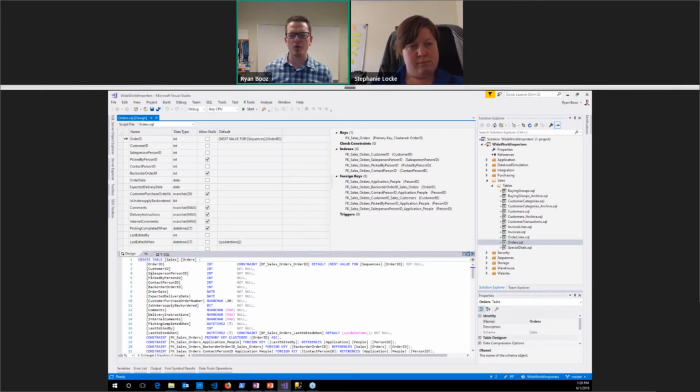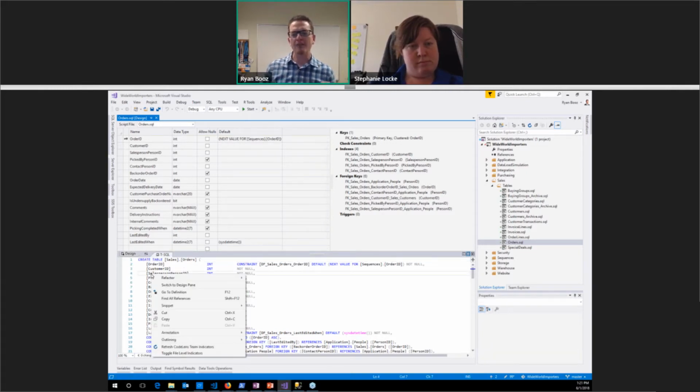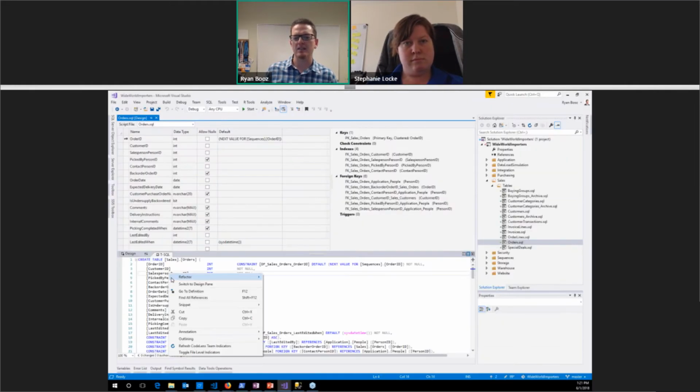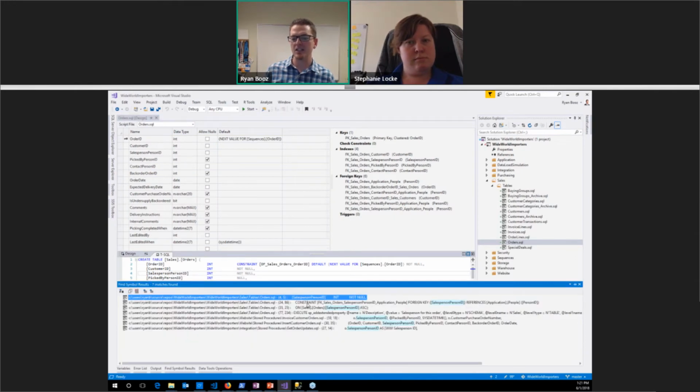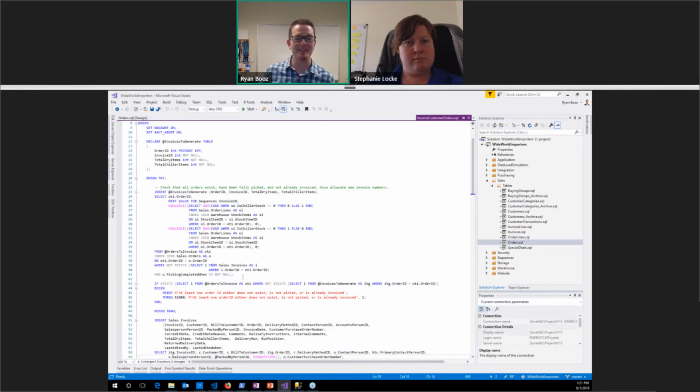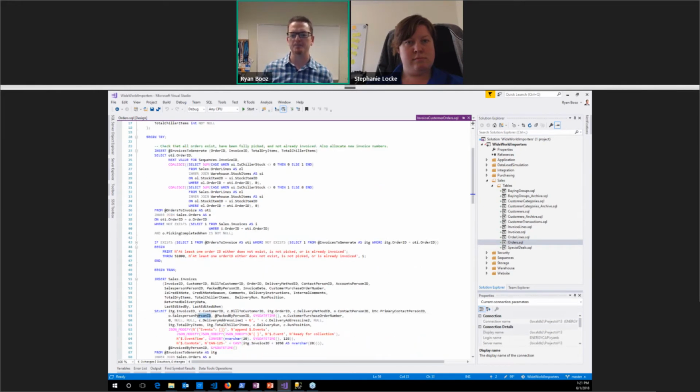It knows, for instance, if I want to know everywhere that the salesperson ID column is used, I can right-click on that column. There's a little option here that says Find All References, and I can click that, and it instantly shows me where else within this project that column is used. That's awesome. I haven't been able to do that in a long time. And so that just makes me excited to be able to jump around my code and see that happen. And you'll see that it's right down here. It jumped right to it.